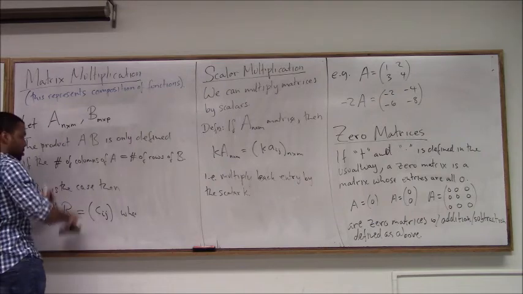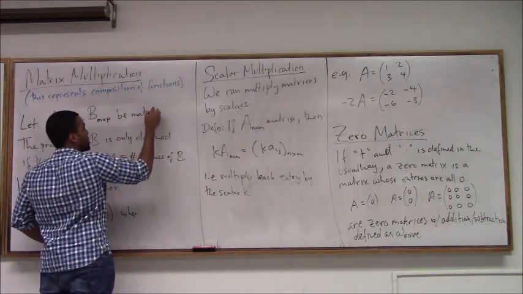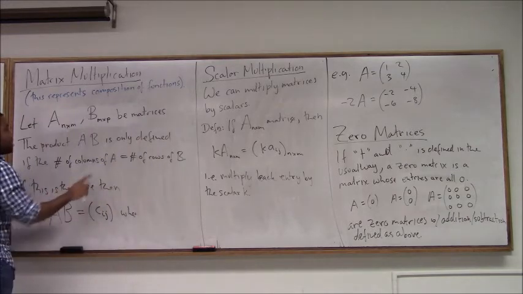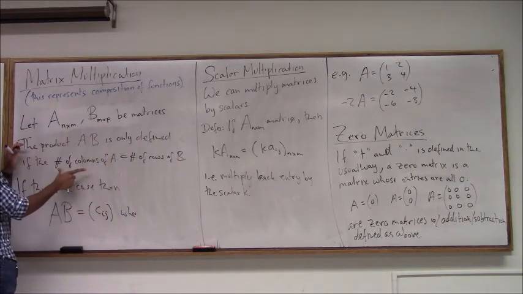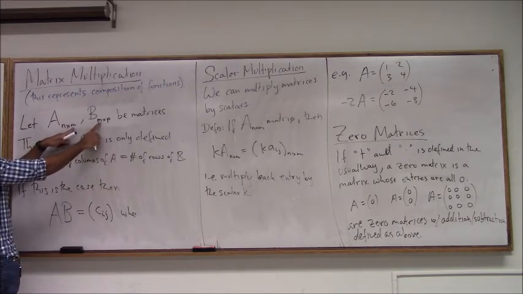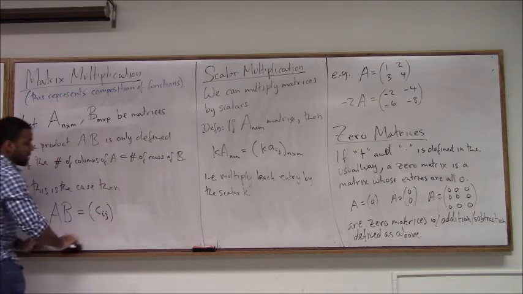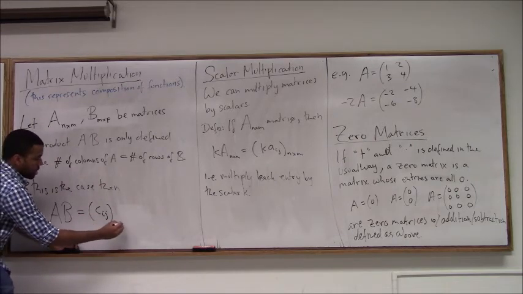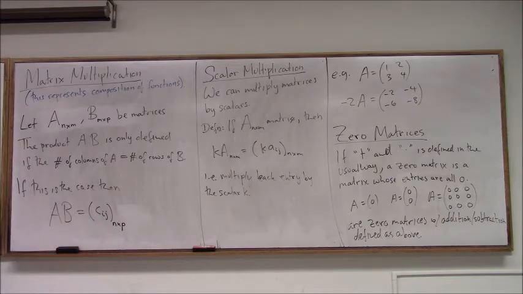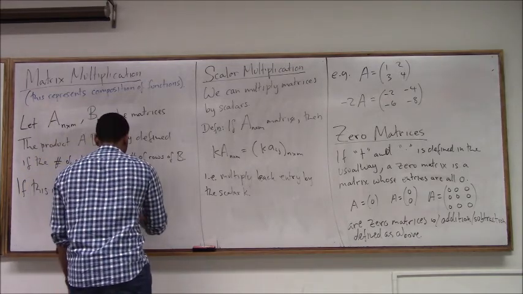And then this guy has to be equal to that guy. This sentence tells you that's not an accident. This has to be the case. Then A times B will be a matrix, and the size of that matrix will be n by p. Where